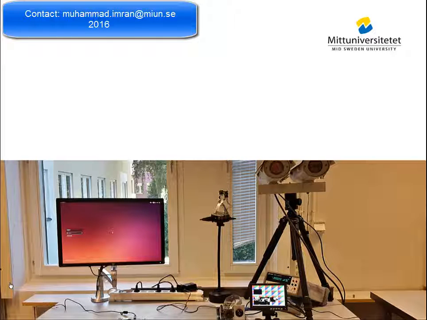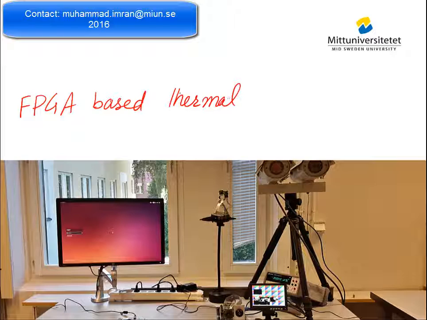I will talk about one of our demos in which we interface a thermal camera with an FPGA. So I would call this setup an FPGA based thermal camera. In any imaging system, we have a flow of imaging tasks, usually consisting of 3 steps: pre-processing, intermediate tasks,